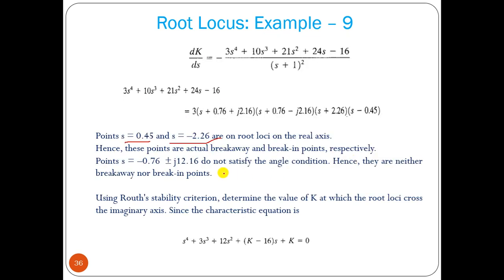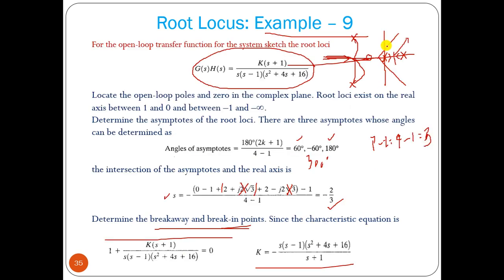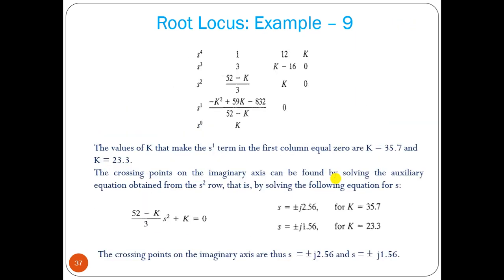And we have another point, that is a complex number that does not satisfy the angle condition, or we can put this value into the K equation and find out whether it is positive or not. Now from the characteristic equation we can find out the intersection point, because the asymptote intersects with the imaginary axis, so there must be an intersection point. So we can solve it by using the Routh array. Then we can find out the values of s and K. Now from that we can find that we have 2 points, two values of s.